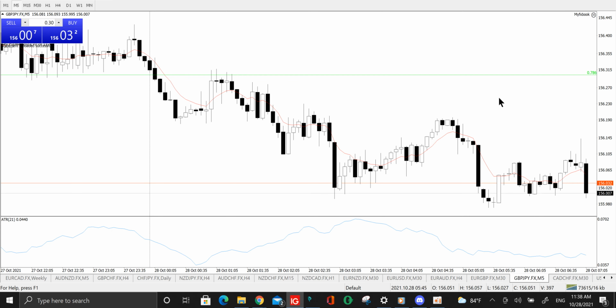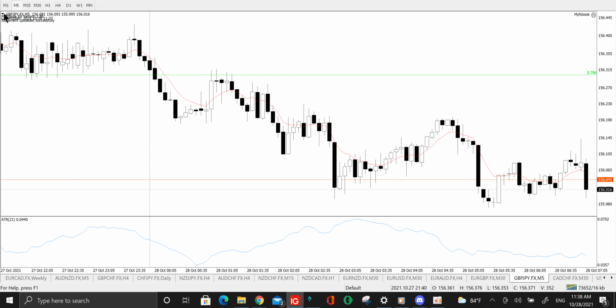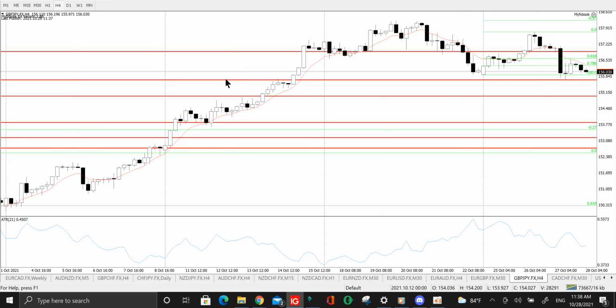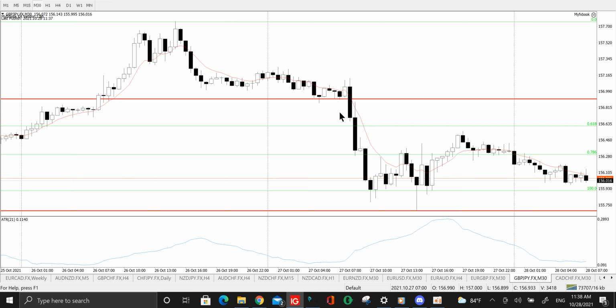Now let's go into GBPJPY. In the previous video, I highlighted that I was going to stay out of this trade because I believed it was going to continue to fall, and in that case it's not ready for us to enter based on the long-term bullish bias that I had. So I stayed out of that pair, and we can see for the past 8 to 12 hours this pair did drop about 45 pips. Going into the 30-minute time frame, we see that it is dropping further.